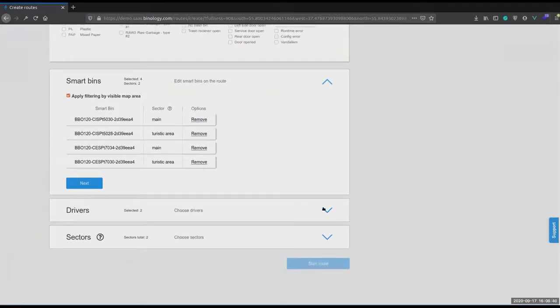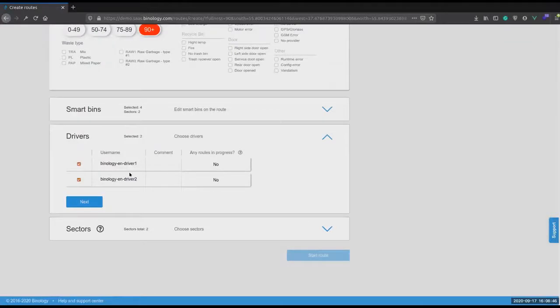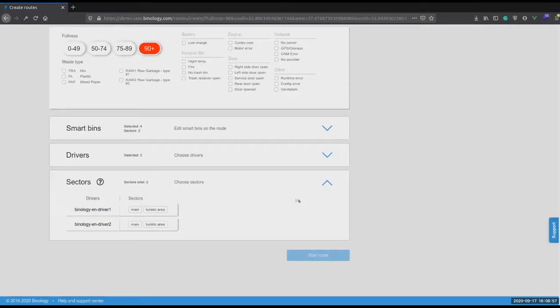The page itself consists of 3 blocks. So the bins section, the drivers section, where we have two. Let's imagine that we have 2 drivers who are ready to pick up those bins. And the last section is the sectors. So it's about